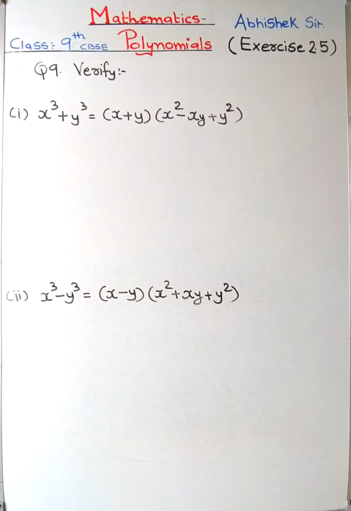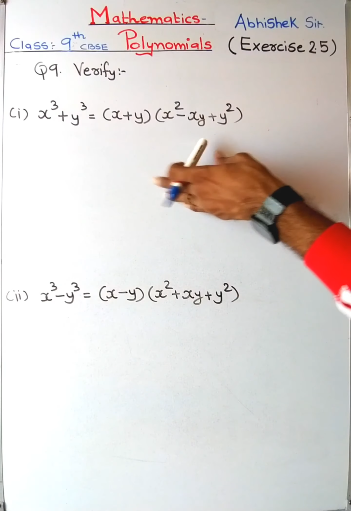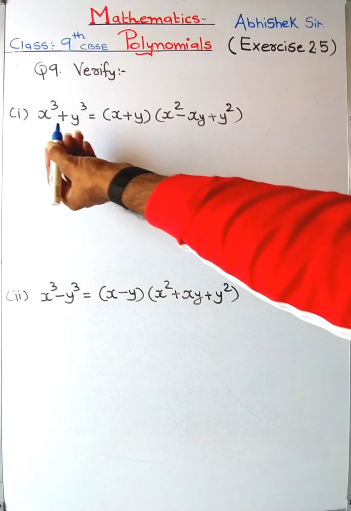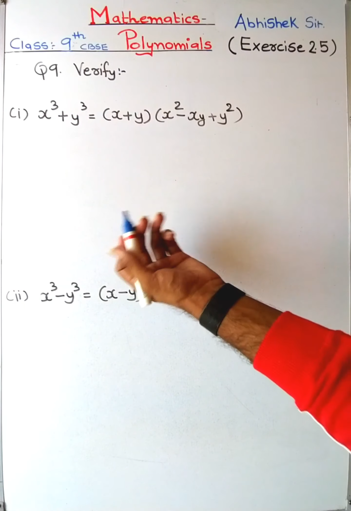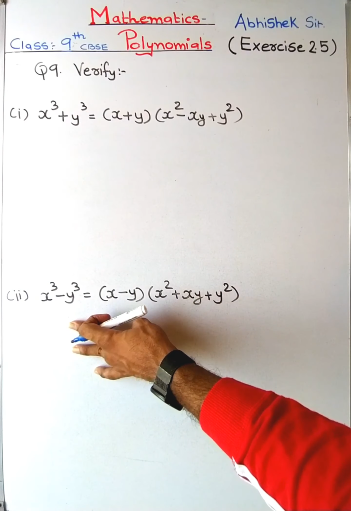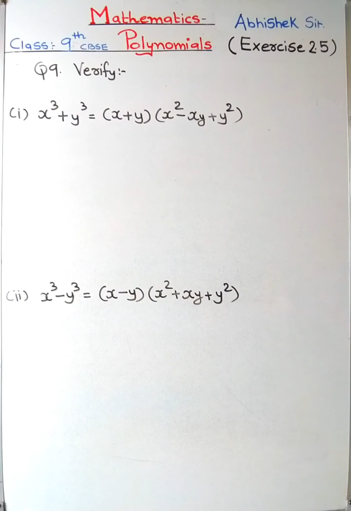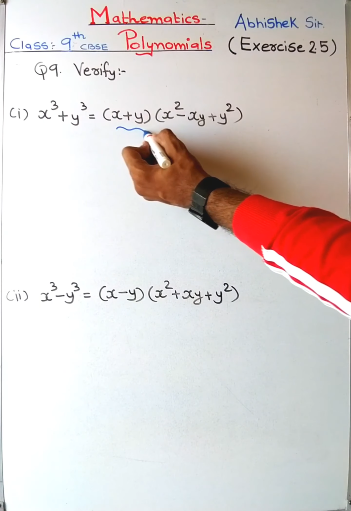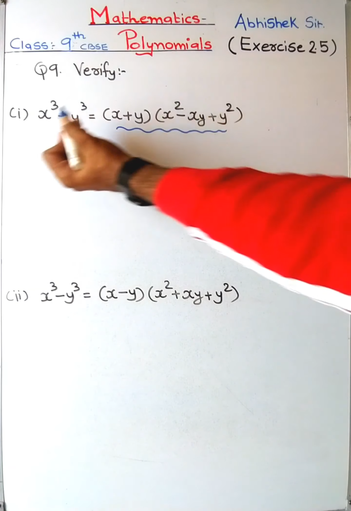Now question number 9 is about verify. Now this question is not important for exam purposes, but there are many ways of doing the verification, right? Some teachers might verify it by x cube plus y cube, so they might use that identity of whole cube, right? Both can be applicable, plus and minus, okay? But right now here we will be verifying this with a very short trick, that is, keep LHS as it is. Let us verify if we can simplify and make it equal to x cube plus y cube.